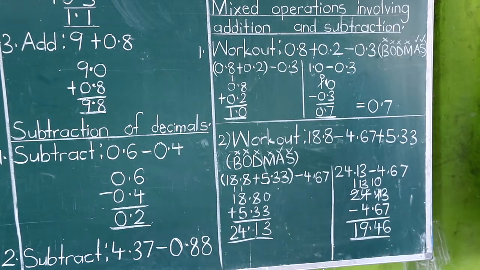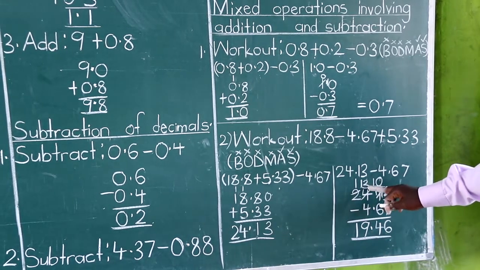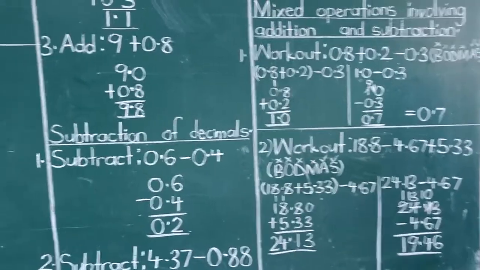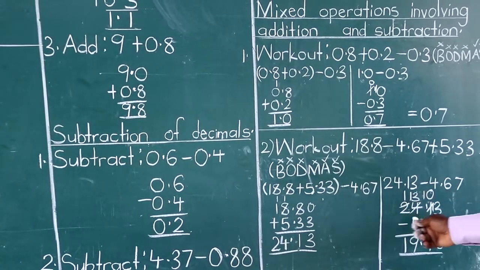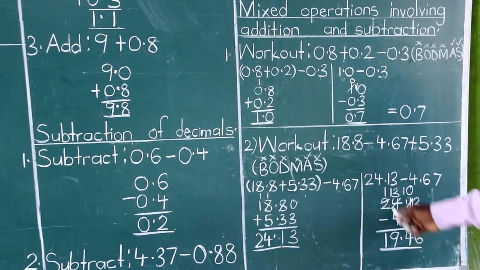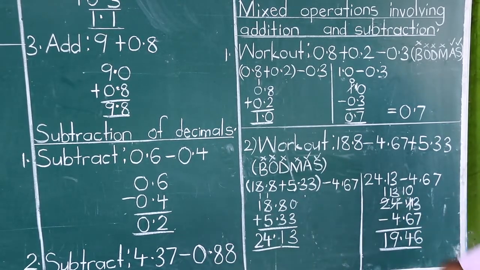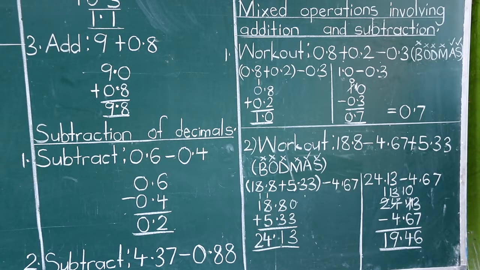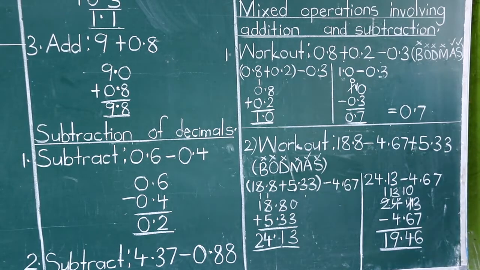So then we cross to the other side. I've got a 3. Remember, the 4 turned to 3 after borrowing 1. Now 3 minus 4 again, this is just borrowing. We borrow 1 from 2, and it turns to 1. And the 1 which was borrowed is equal to 10. 10 plus 3 gets 13. 13 minus 4 gets 9. And here remained 1 after borrowing. Thereby writing it down here to get an answer as 19.46.